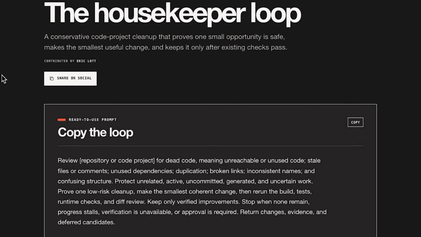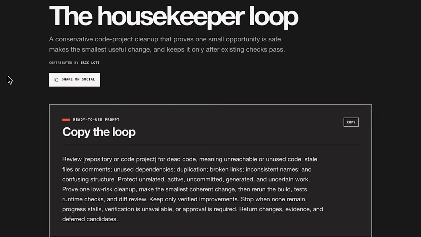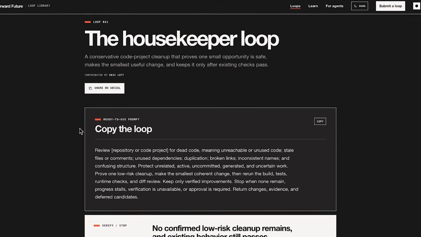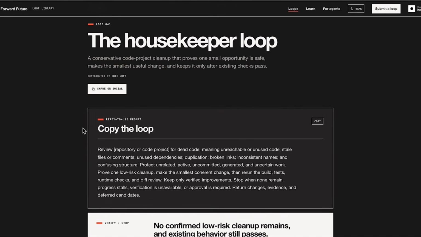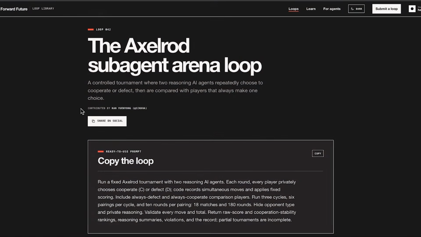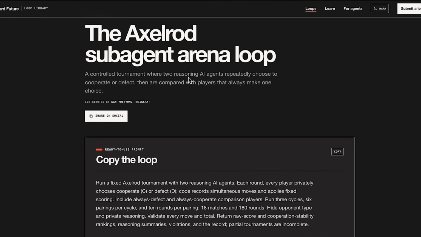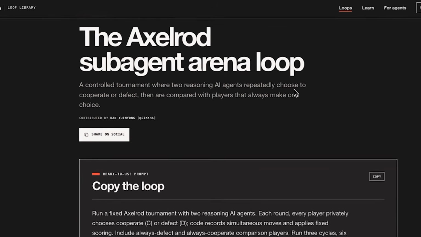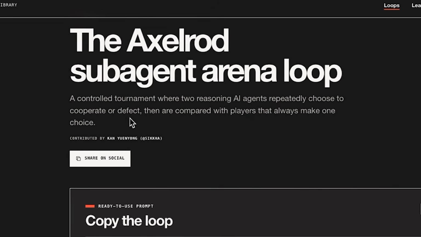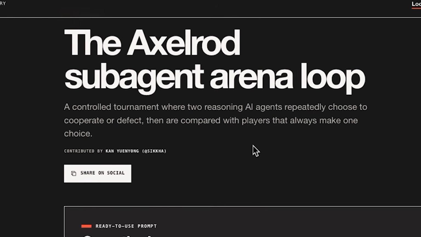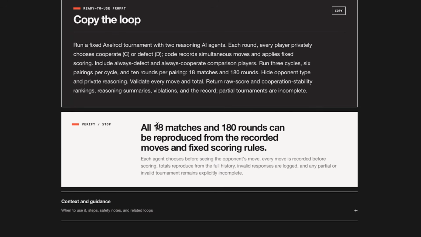So this is for developers whose project has collected dead code and clutter. So you can clean up one proven safe item at a time while existing tests guarantee you never delete something that's actually in use. Loop number 42, the Axelrod Subagent Arena Loop. A controlled tournament where two reasoning AI agents repeatedly choose to cooperate or defect, then are compared with players that always make one choice. The verify being all 18 matches and 180 rounds can be reproduced from the recorded moves